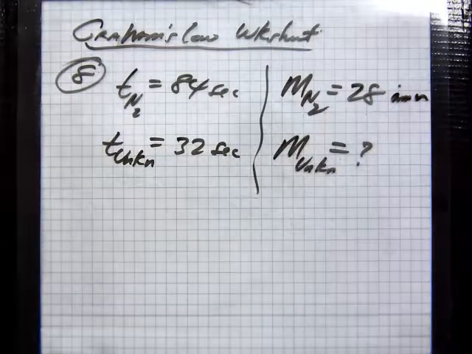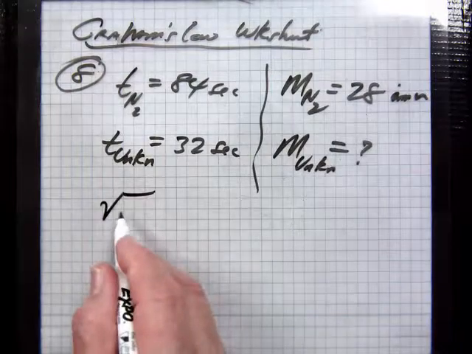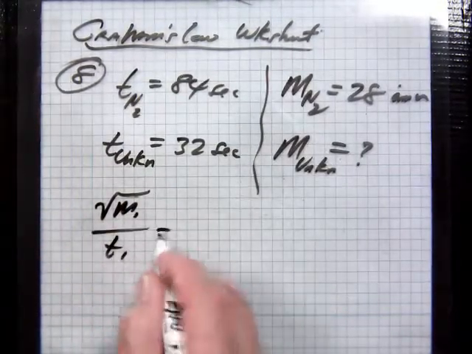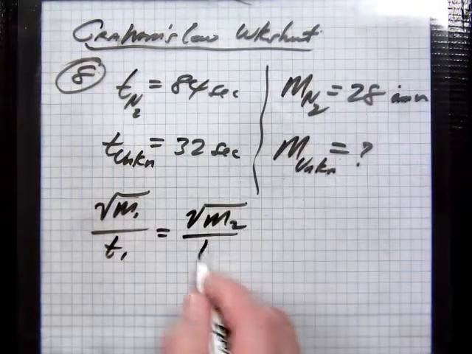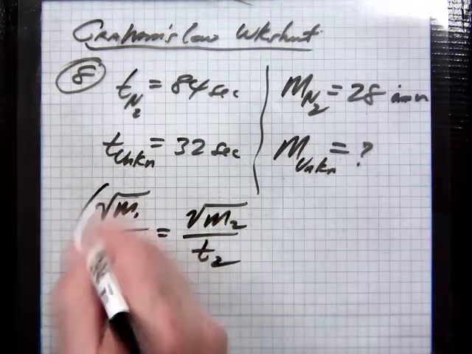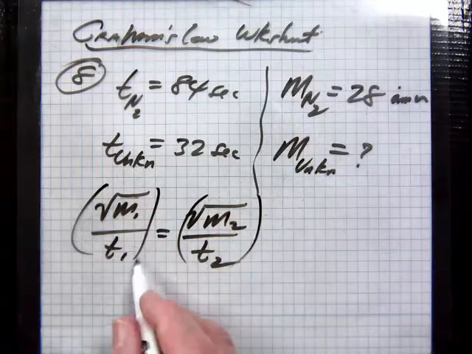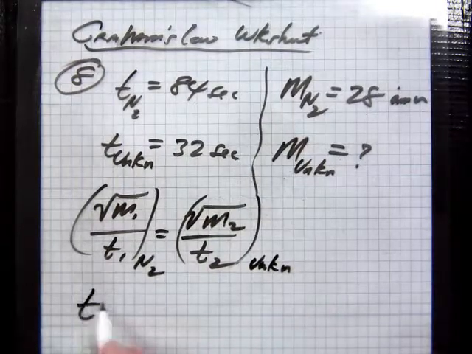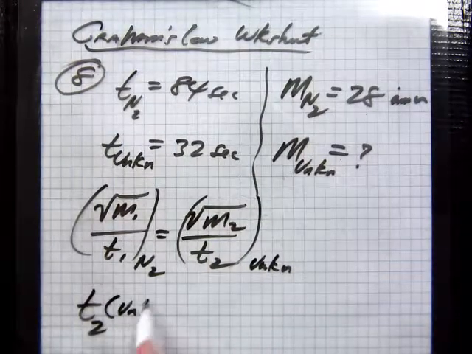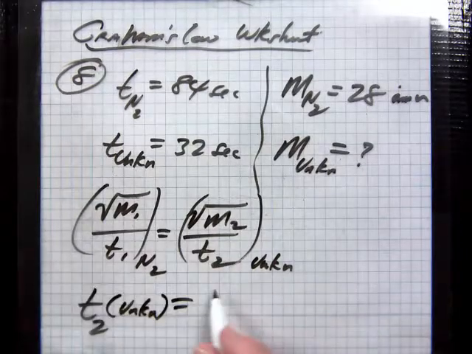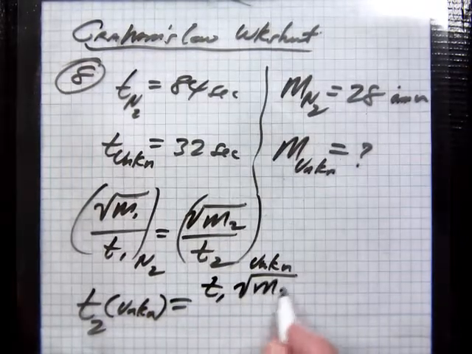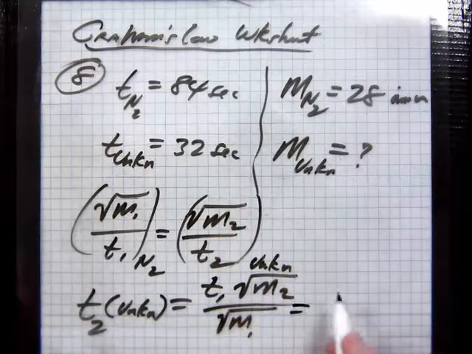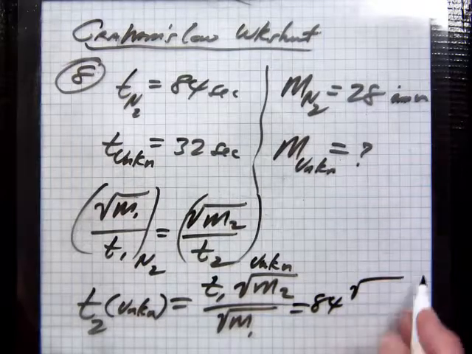Okay, so we know that square root of M1 over T1 equals the square root of M2 over T2. And how do you apply this? We can call the first one N2 and then the second one unknown. Solve for T2, the unknown, and that's T1 square root of M2 over square root of M1, plug and chug. So that's 84 square root of,